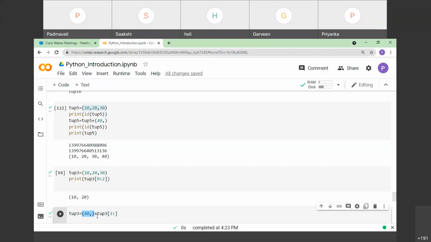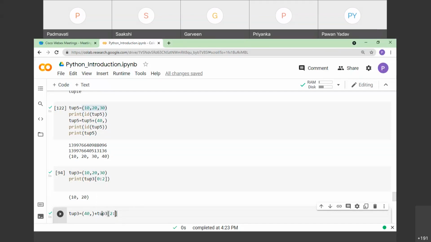And the second tuple here is tup3, from start index 2 up to the last, till we reach the end of the tuple. Here the second value is missing. That means I will start with 2 and go on till the end.